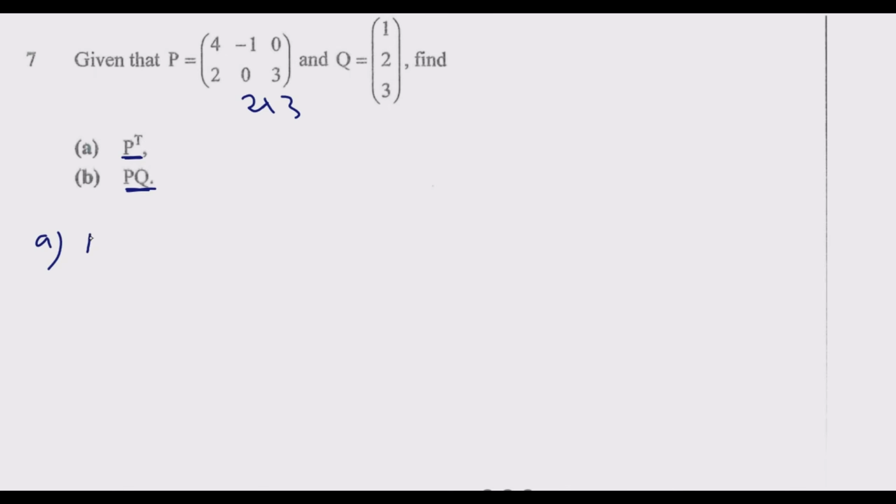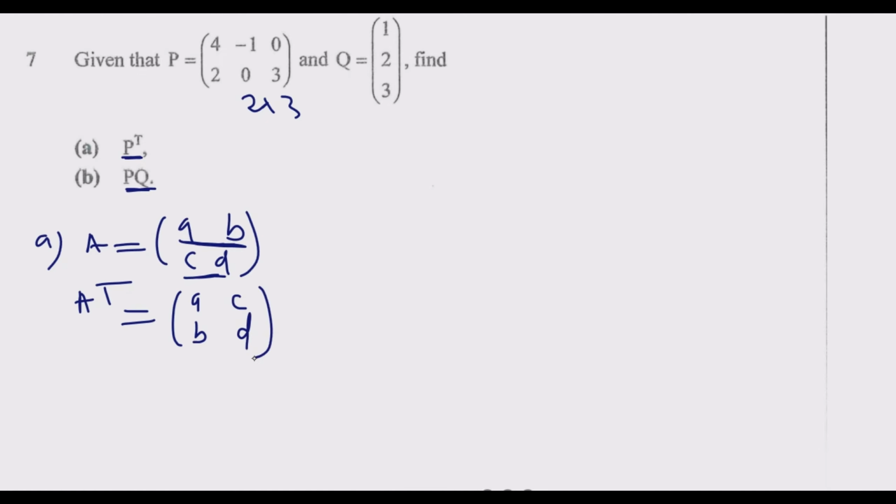So if I'm given a matrix A, whose first row is A, B and second row is C, D, the transpose of A is what was in the row becomes a column. So this one becomes A, B, then this one becomes C, D. So we are just swapping: what were the rows become the columns. That's what it means. So based on that principle, to find P transpose: